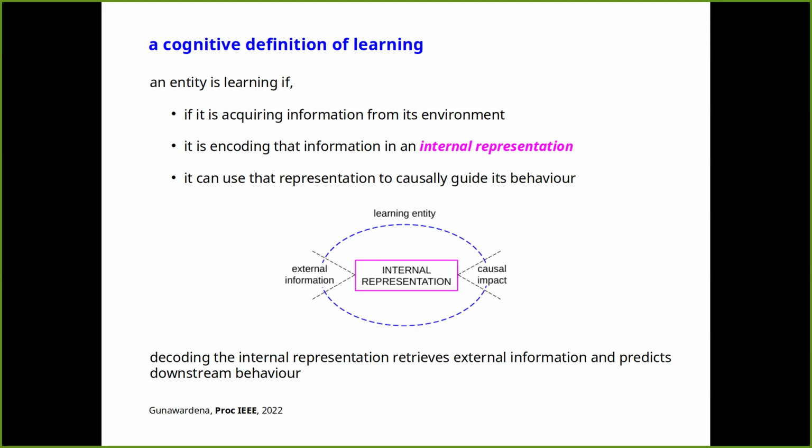It's a prediction of what the organism will do, and so for me, what constitutes an internal representation is a molecular system in the cell which, if we had access to all its states, would tell us what information had given rise to that and what the organism will do as a result. Okay, so that's the test that we've got our hands on a bona fide internal representation. And I think part of what we're trying to do in this synergy project that we've embarked upon is to get our hands on internal representations.